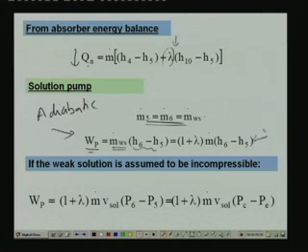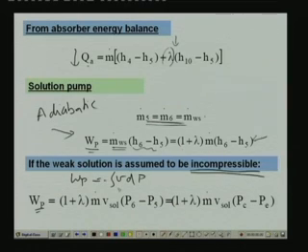Though this equation is correct, it is not very convenient to use in calculation. So we can make one simple assumption that the weak solution is incompressible. If you are assuming that it is incompressible, that means its specific volume remains constant. Then you can get this expression. How did you get this expression? You can also use an expression like minus VdP from state 5 to 6. This we have discussed while presenting basic thermodynamics. So work input is the integral of VdP. If V is constant here, you can write this as